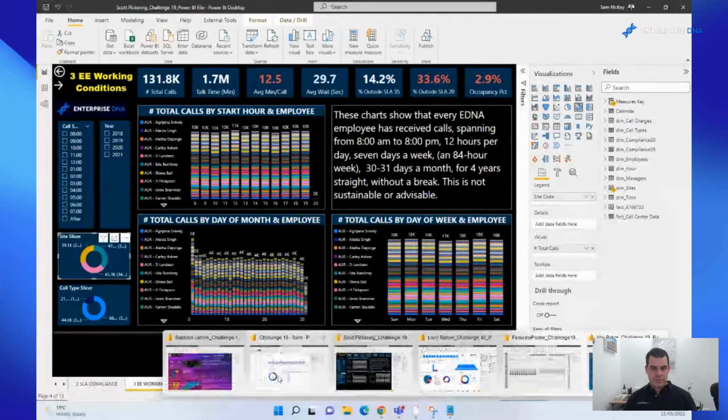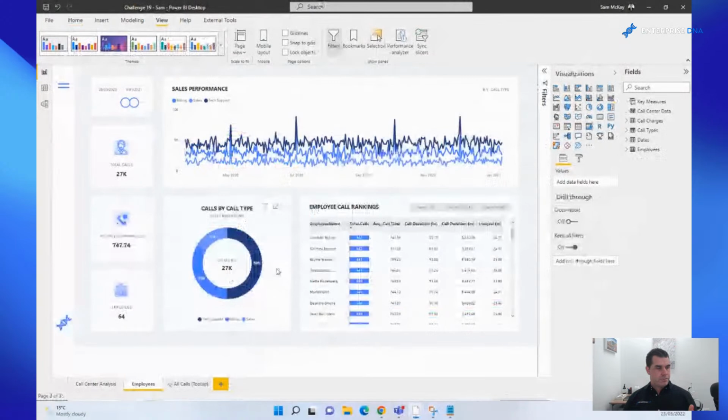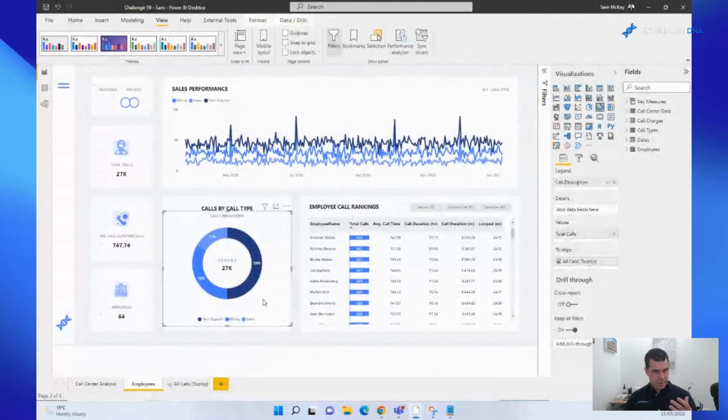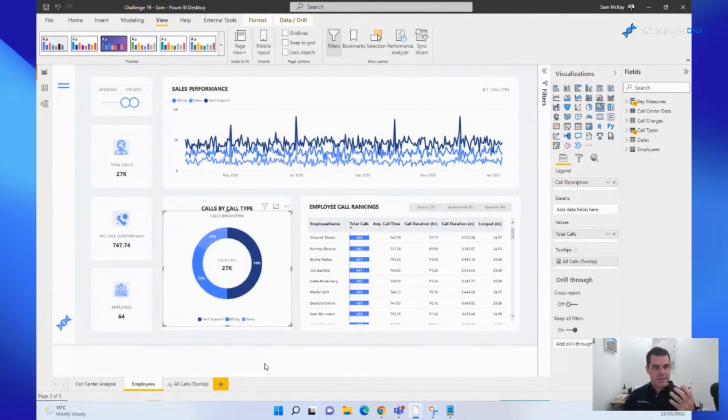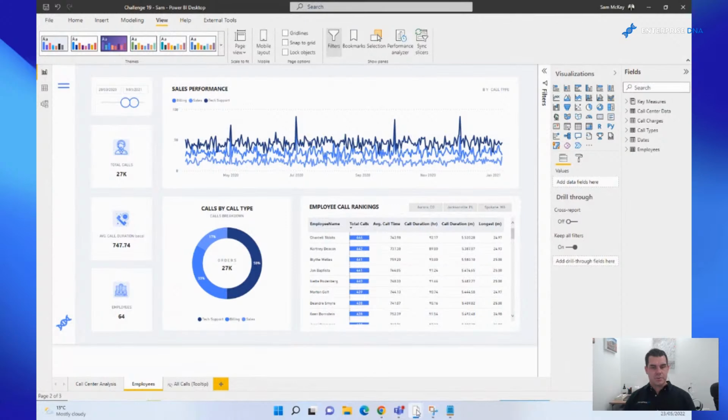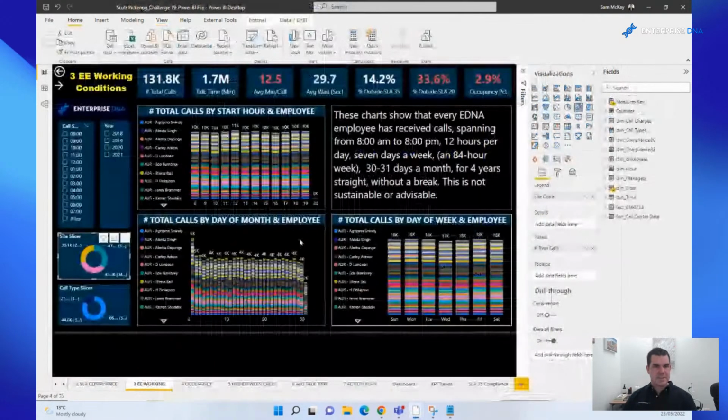Like for example, I'll show you here. I've used this visualization in my challenge submission. If I change this visualization to this, to me, it really takes up too much of the visual room in my report. And this just makes it more integrated into the other visualizations I'm using. But these ones here, these are ones that I would really improve a lot.